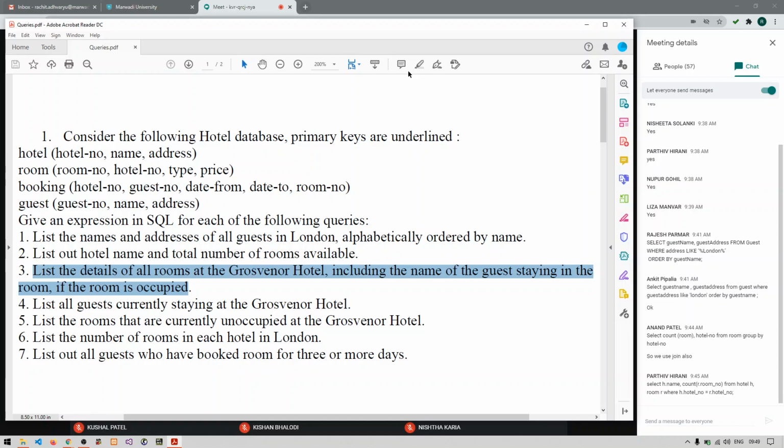Anyone who can give the answer of this? If you want, you can speak up. No need to write. If you know and if you want to try, then just speak up. That is also okay.